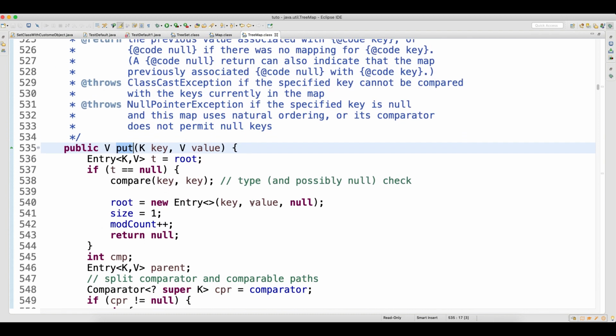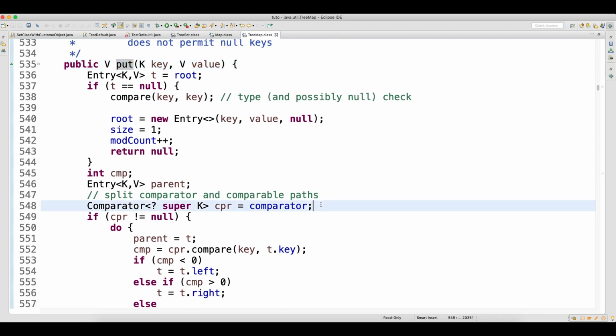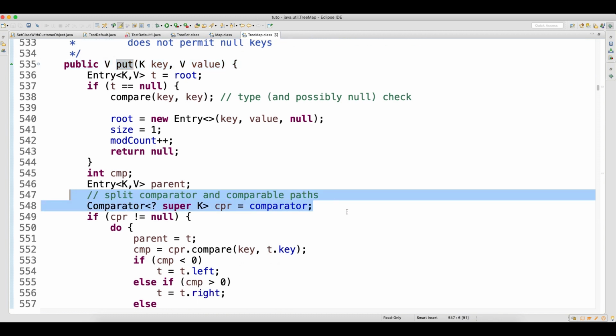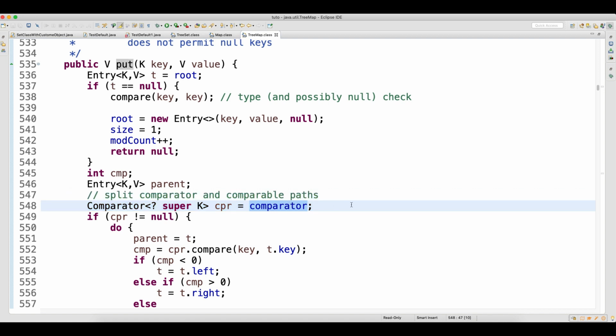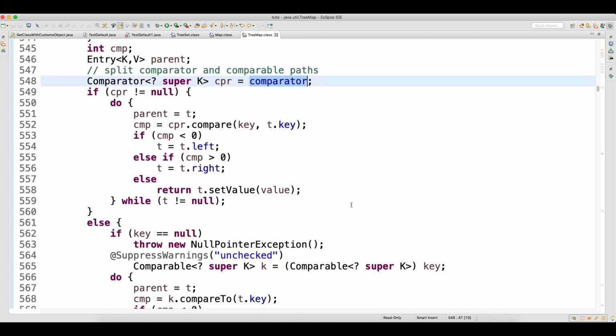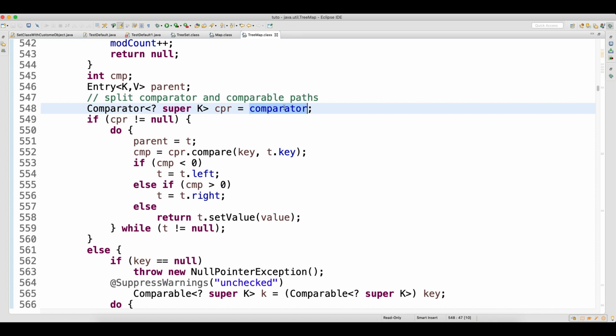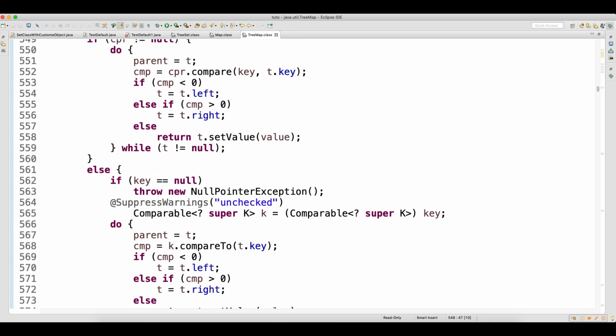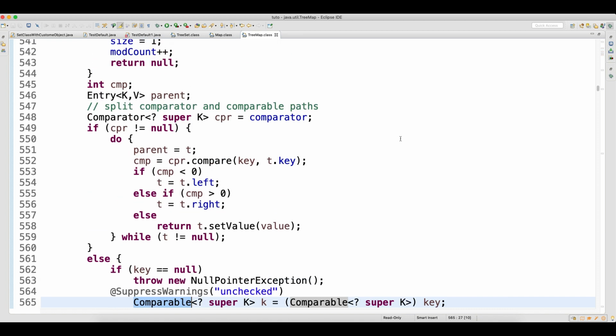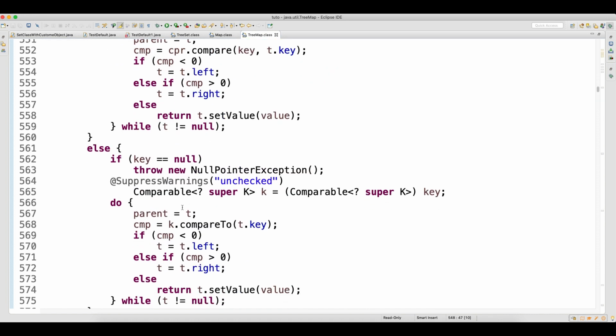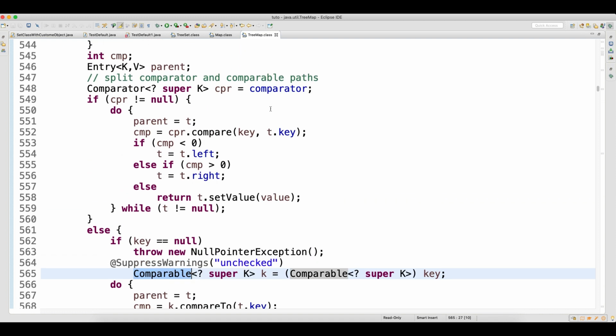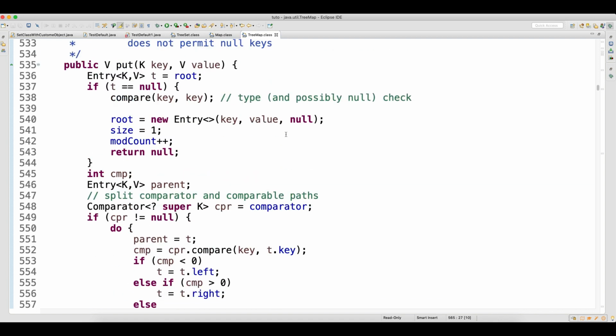Now if you go inside the TreeMap, internally, see, it is looking for an object of type Comparator, that is one part, or it should be of type Comparable. So either it should be of type Comparator or it should be of type Comparable whenever you are trying to add data in the TreeSet. If none of them, then it will throw a ClassCastException.